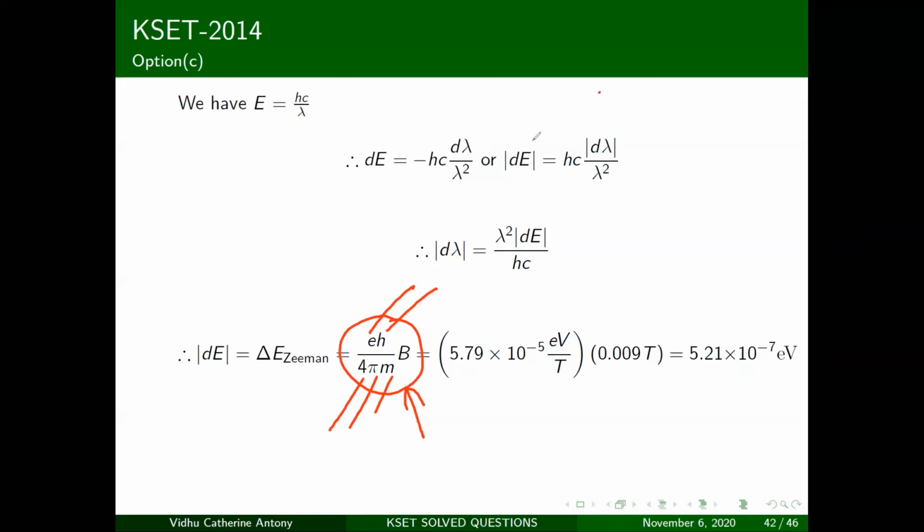Now you substitute this in electron volts. If you remember the electron volt, otherwise you convert it into electron volts, because electron volts is usually the energy unit you use for all these atomic and microscopic situations. So you have your dE calculated here. All you have to do is take this dE and substitute it here. The lambda value is already given in your question.